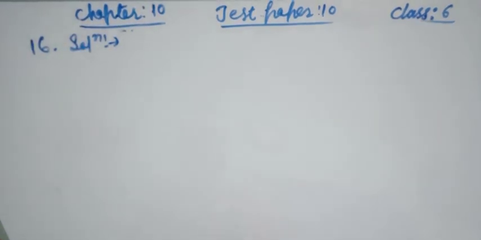Question number 16 is a unitary method and this says, friends, 10 boys can dig a pitch in 12 hours. How long will 8 boys take to do it? कह रहा है कि 10 लड़के एक पिच डिग करने में कितना समय लेते हैं? 12 आवर्स. तो कह रहा है कि 8 बॉयज उस काम को करने में कितना समय लगेगा? फाइंड आउट फ्रेंड्स, वेरी सिंपल.